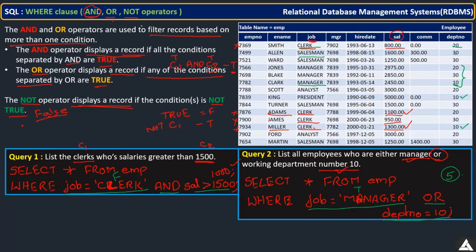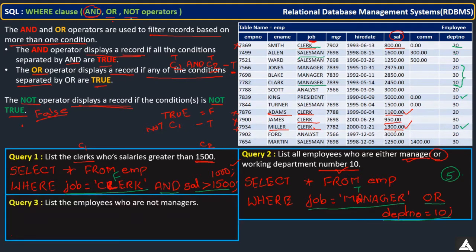Okay. And then let us see one more example for NOT also. So here you can see, list employees who are not managers. So how you can write down for this? So you see by using NOT operator, let us try to find. So you can see here, select star from EMP where, so you see if I write job equal to manager,